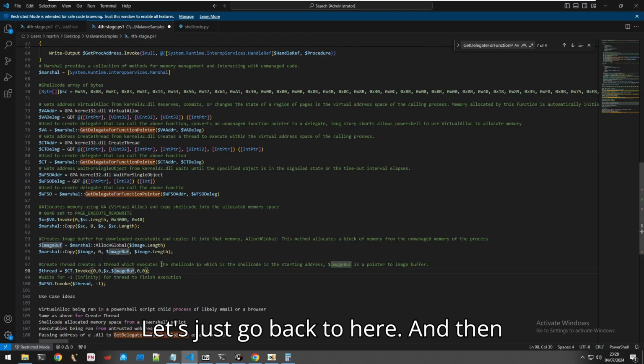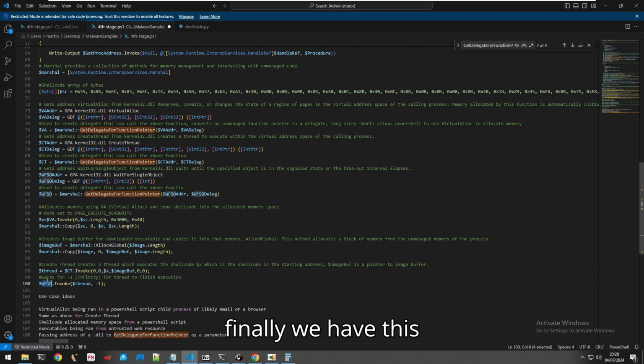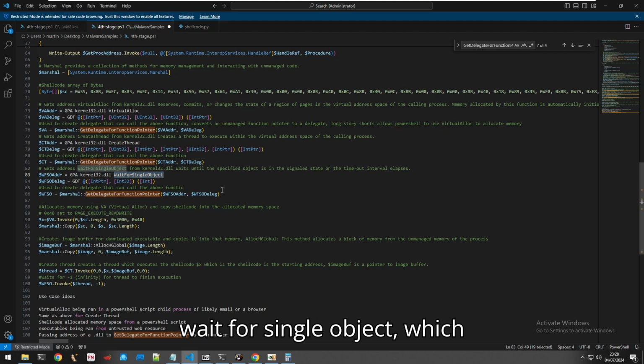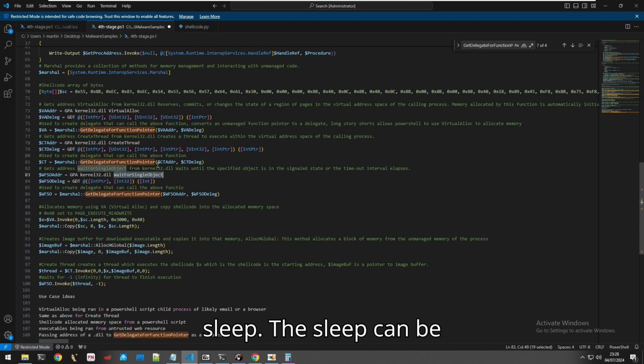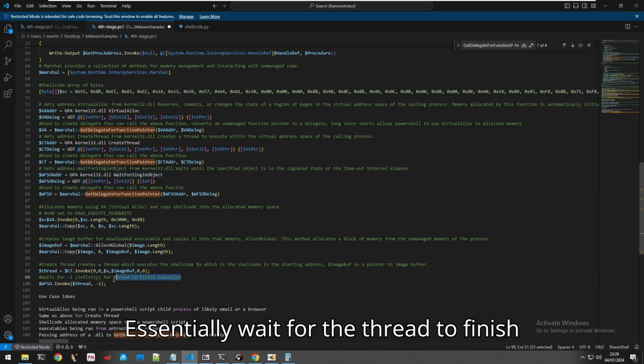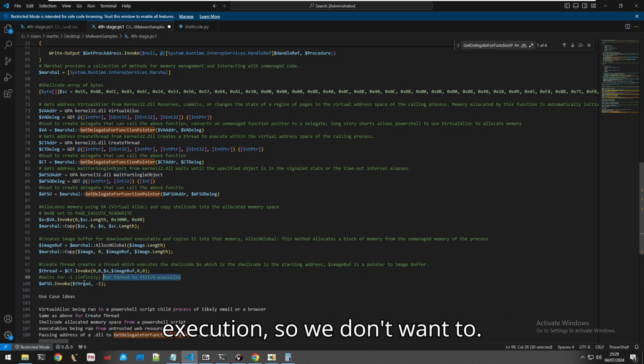Let's just go back to here, and then finally we have this WFSO, which is wait for single object, which is probably best described as like a sleep. This sleep can be used to essentially wait for the thread to finish executing. So we don't want to